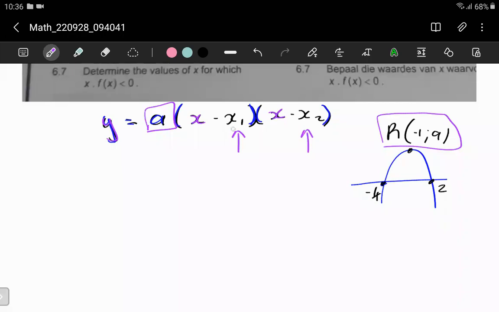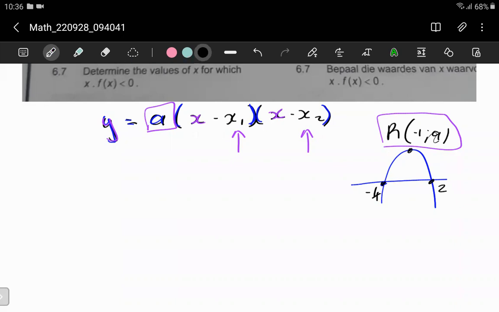So we're going to drop negative 4 there, and positive 2 here. Let me show you how that's going to come out. You're going to put where y is,